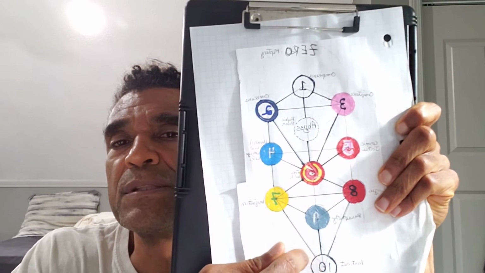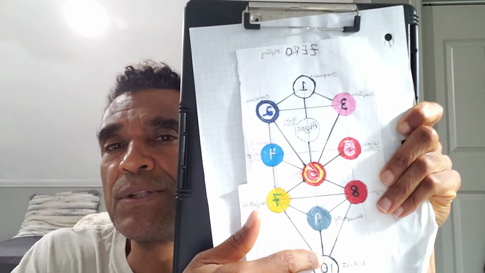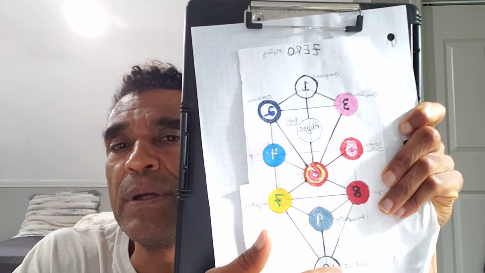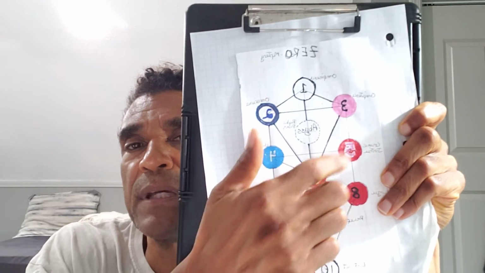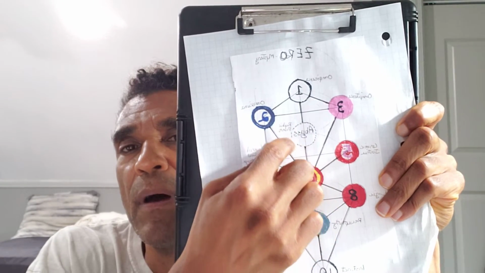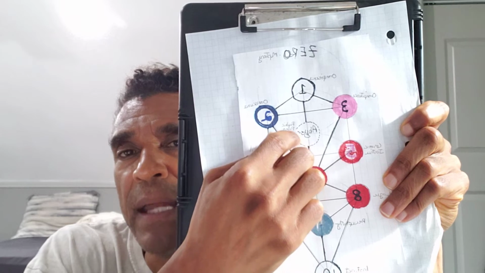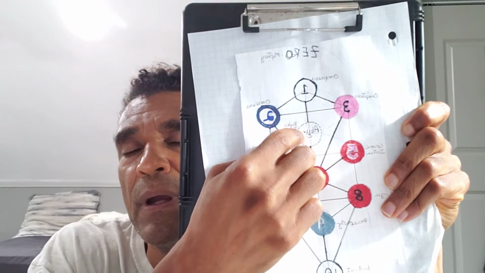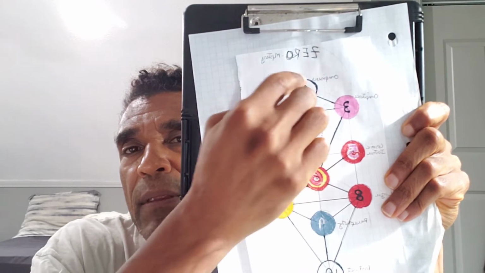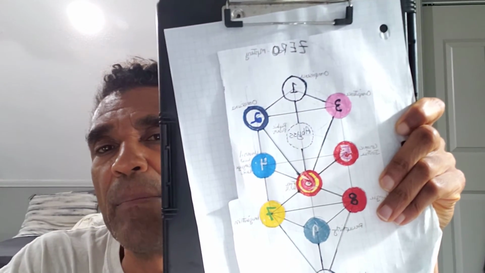Each one of these spheres or circles is a different aspect of our consciousness. There's 10 of them here: 10, 9, 8, 7, 6, 5, 4, 3, 2, 1. And then there's also an abyss, right here. This is a dotted circle or an applied sphere. And then there is a 0 above the tree. So that makes a total of 12 different components.